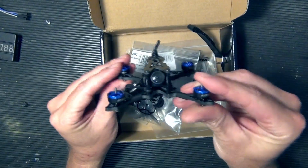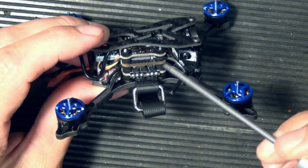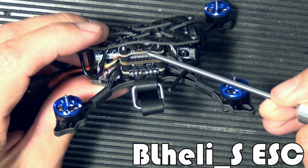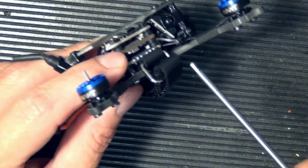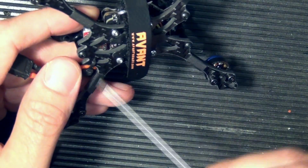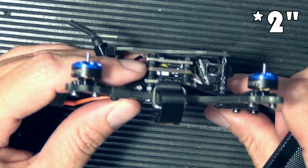So taking a closer look at the quad, what we have here is a 3-board stack. We have the ESC on the bottom, flight controller, and then the VTX on top. This has a Rubycon 16-volt capacitor on the back. It's a 3mm thick base plate on the bottom. It's a full base plate, so the arms aren't separate or anything, but that's pretty standard on these little 2.5-inch